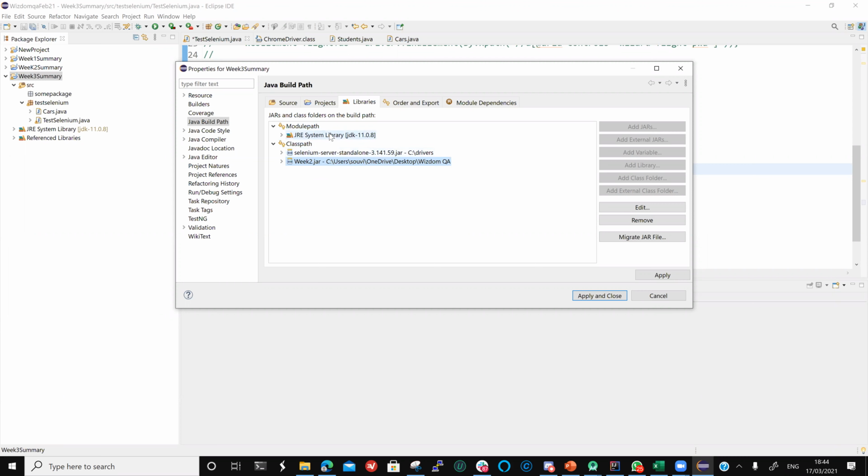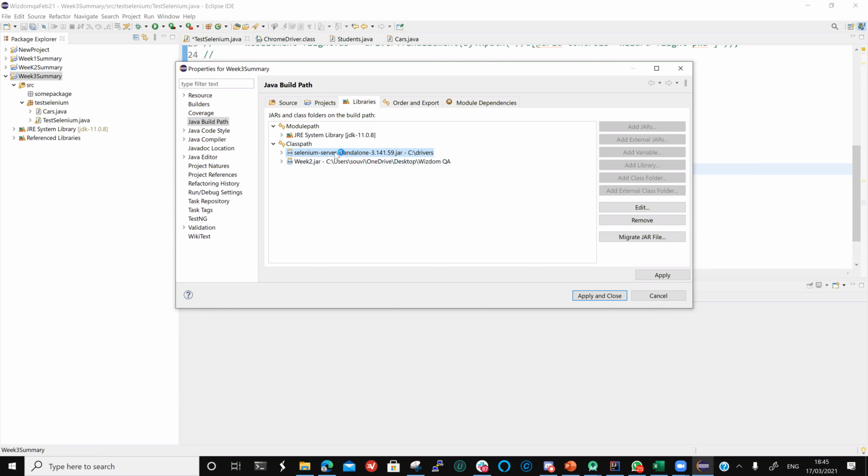As far as I'm understanding, the module path holds your internal libraries which are coming out of your project generation. So the JRE is your internal library. This jar, which is coming from an external entity, is your external library, which you have to add into the class path section so that you can use its classes in your project. So every time I create a new project, I would have to add the external jar file. That is right, unless